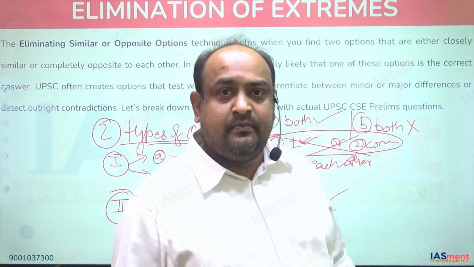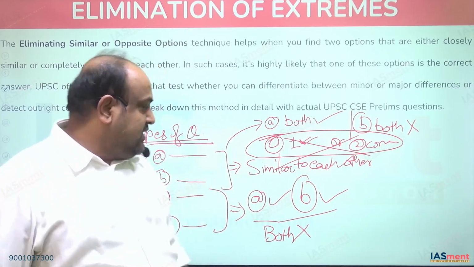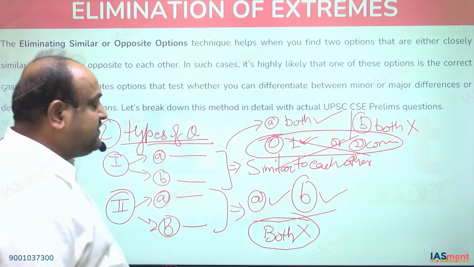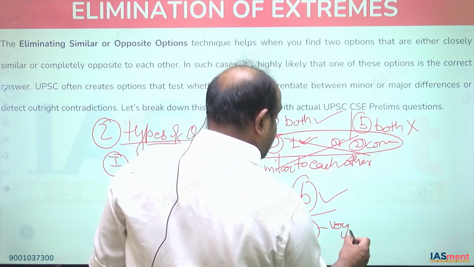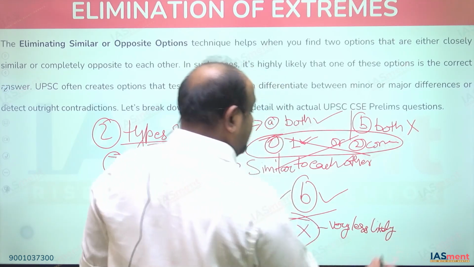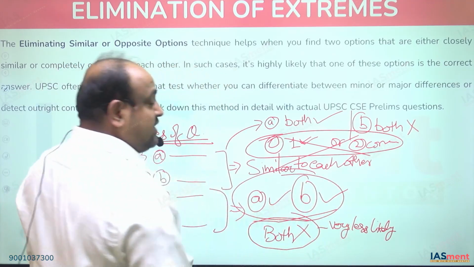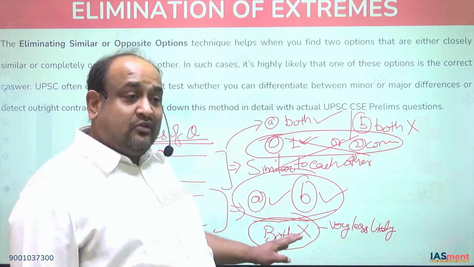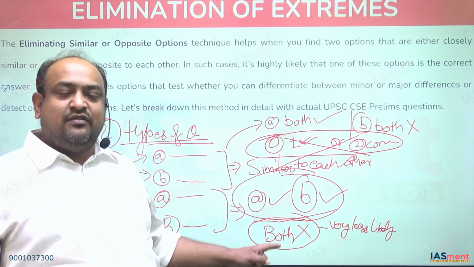This is confirmed. If they are contradictory, then they cannot both be right. The option that both are wrong is very less likely to be true. Generally, you will see that the final answer will be from either of the two options. This is also possible, I'm not saying that this is not at all possible, but the chances are very less.